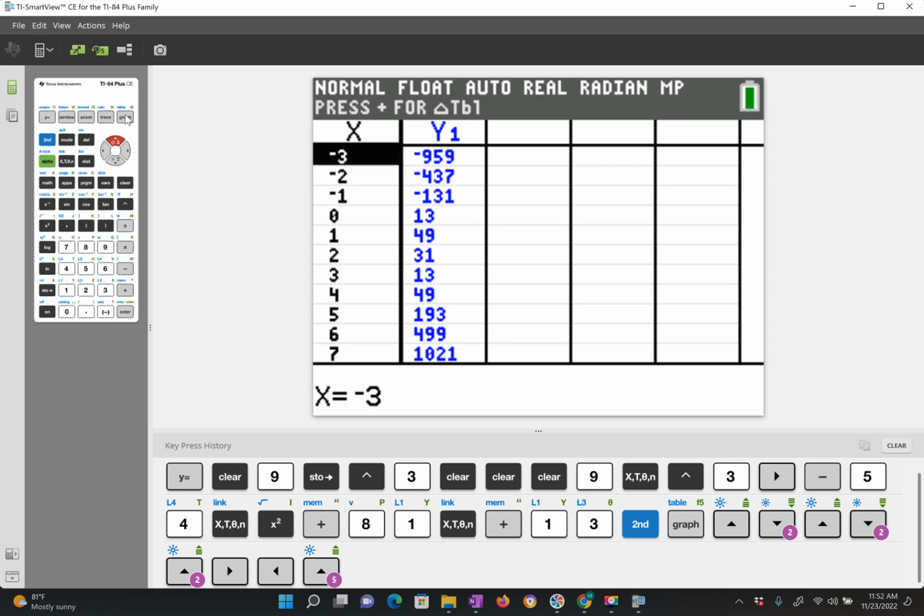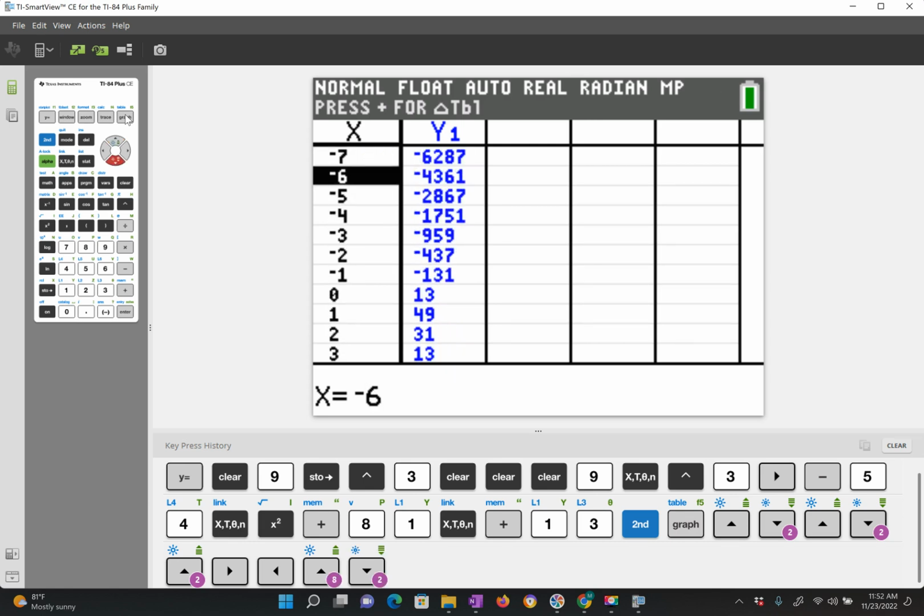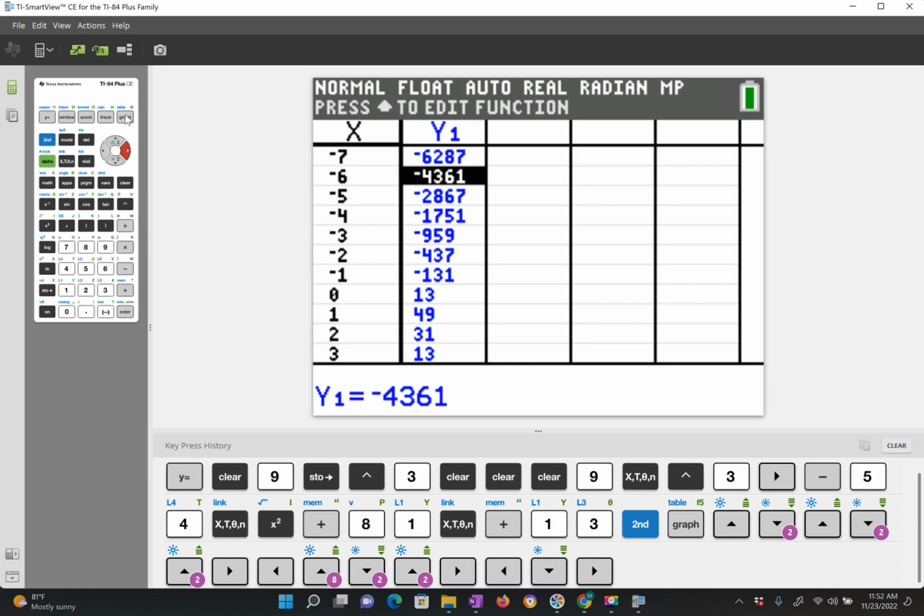And then I want to check the -6, which is our boundary. So even though this is lower as a minimum, they're not asking us for -7. They're limiting us to -6 and 2. So at -6, it's -4,361. So that's definitely one of the answers. So I'm eliminating answer choice B and C, and it's either A or D, and we already showed that